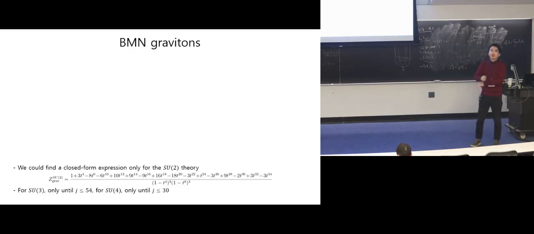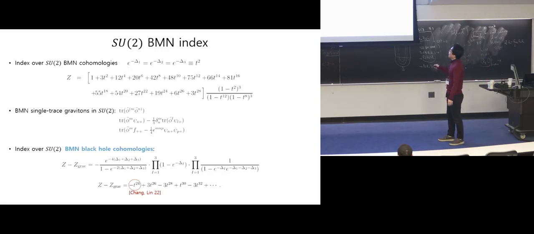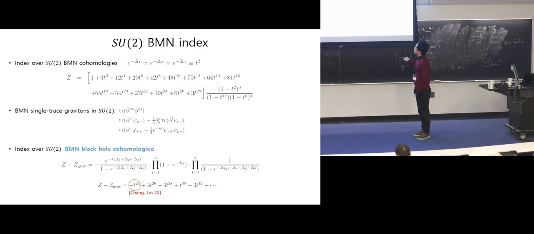Unfortunately, this closed form expression is only available for SU2, and for higher N we only have the result up to a certain charge order. And you can subtract it from the full index of the SU2 BMN subsector, which gives you the fortuitous index of SU2 theory in the BMN subsector. If you unrefine all the chemical potentials, you will find that this index starts from charge level 24, which means that the fortuitous operators appear at this level, which was first found by Chiming and his colleagues.